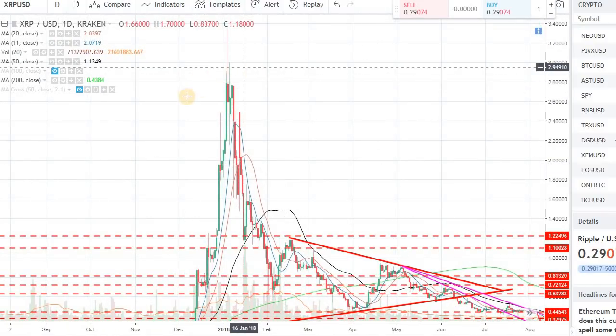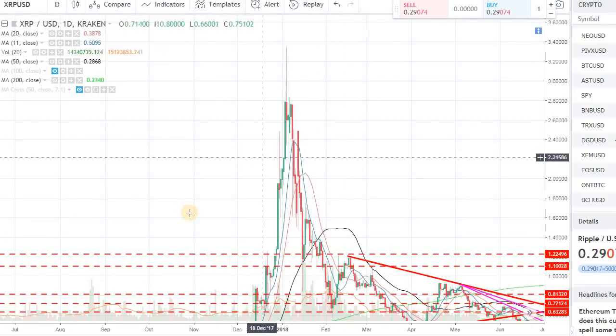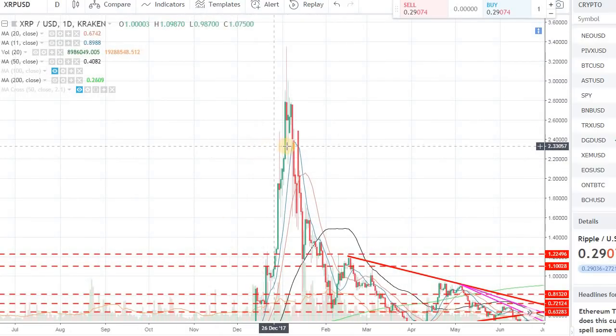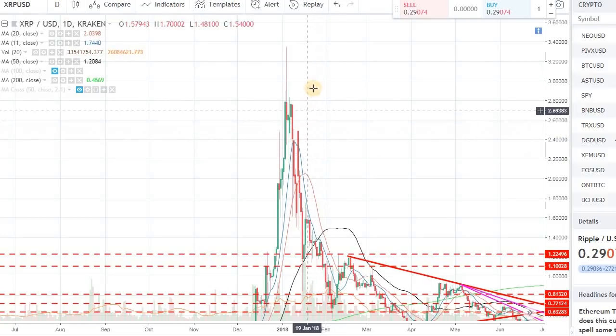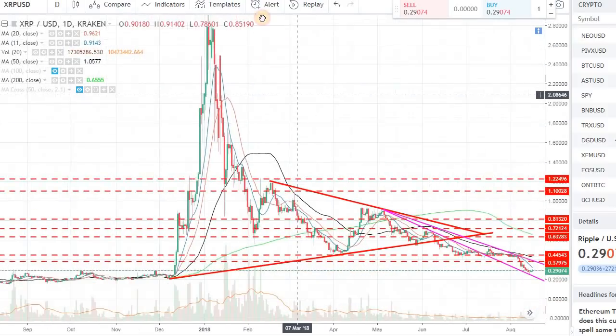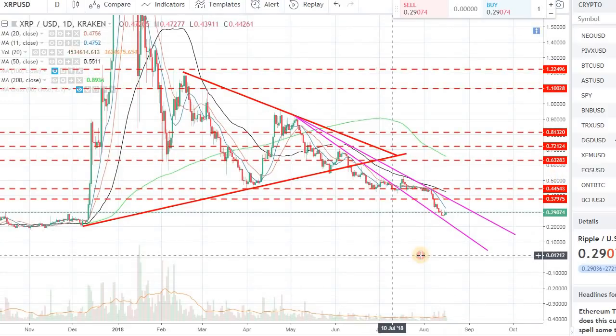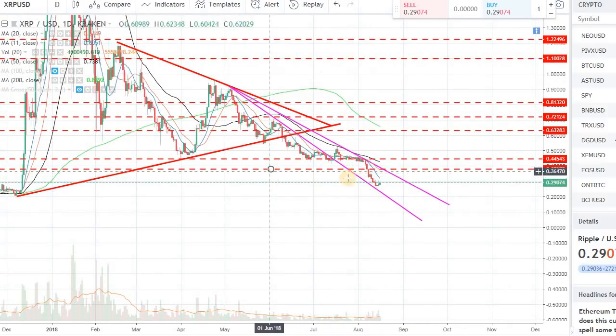On the upside, a lot of things were overbought, right? At levels like $2.80, $3, a lot of things were overbought, but the momentum trading was pushing the price action even higher while we were in overbought territory. The same concept applies here. When we are oversold, there might be a further leg down, which we experienced. It was oversold up here, but then we saw a further push down. It happens